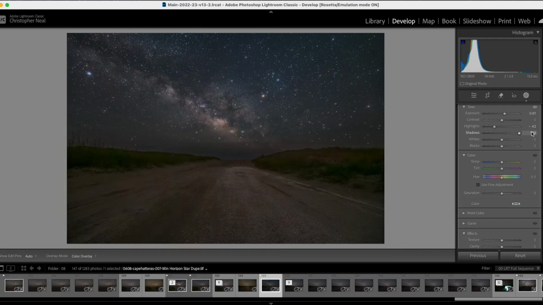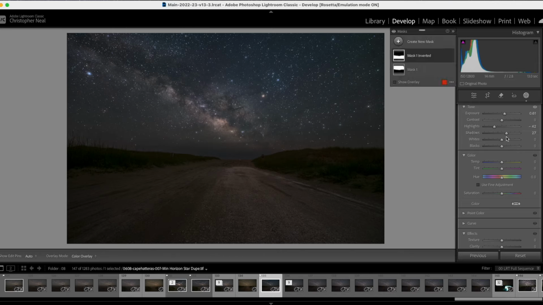You don't want to go too far. It makes it look a little bit crazy. Always keep in mind this is a night shot. You don't want to make it look like it's just daylight. You want to maintain, or in my opinion, you want to maintain that look of nighttime. So I'm going to add a little bit of shadows,